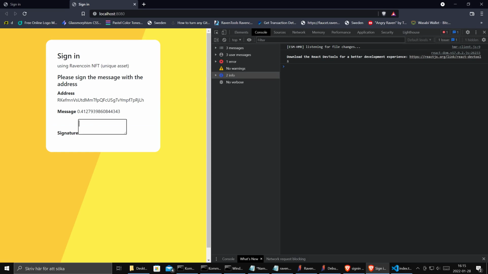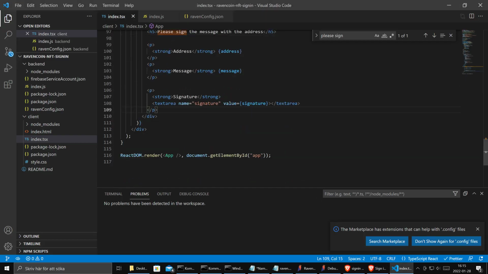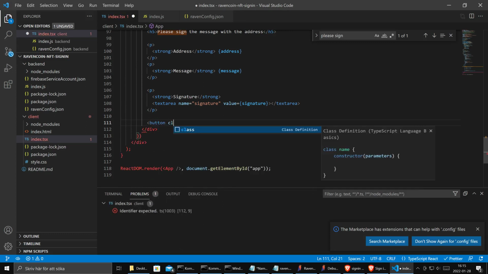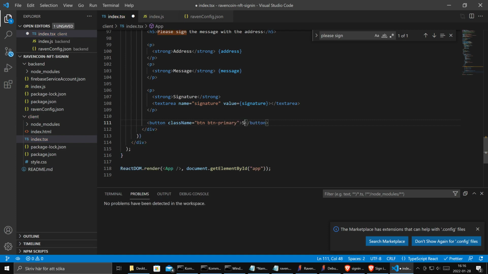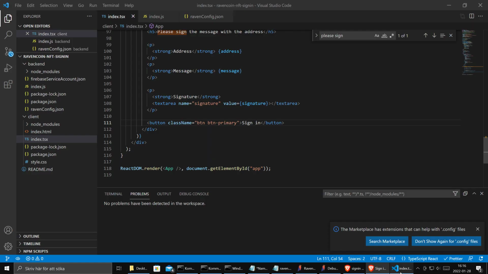So you should type in the signature. And when you have done that, so when you do that, and you click sign in,